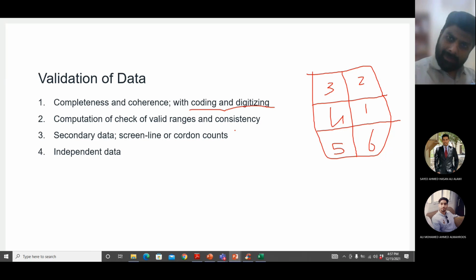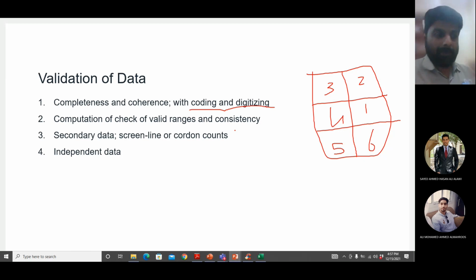It can be government data which is already collected by the government. It may have been collected by you in some other project in some previous year. Okay, so these are the secondary sources, secondary data. So check using some secondary, additional sources, and then independence of the data. Data is collected independently, without any bias, without any preference, and the data is not interrelated to each other.